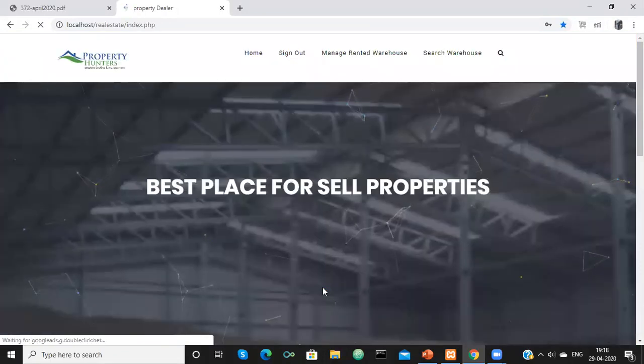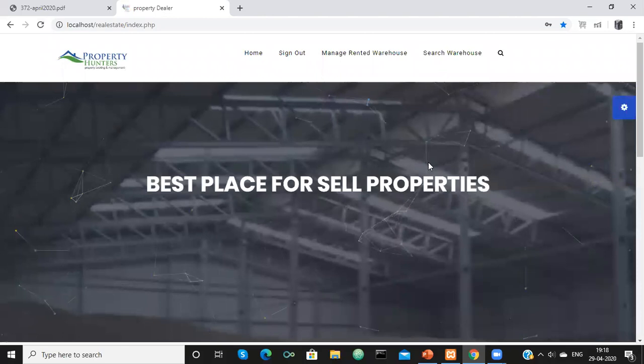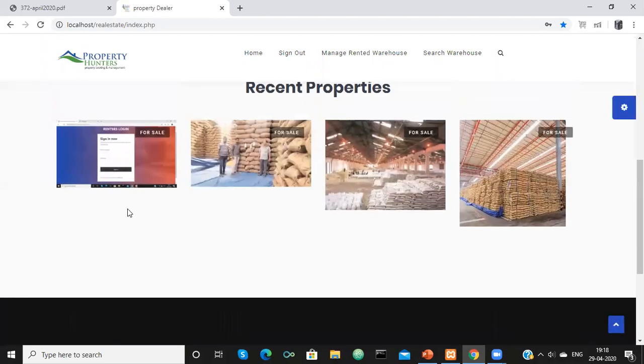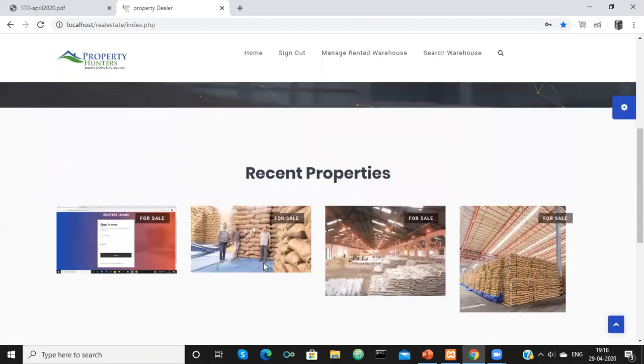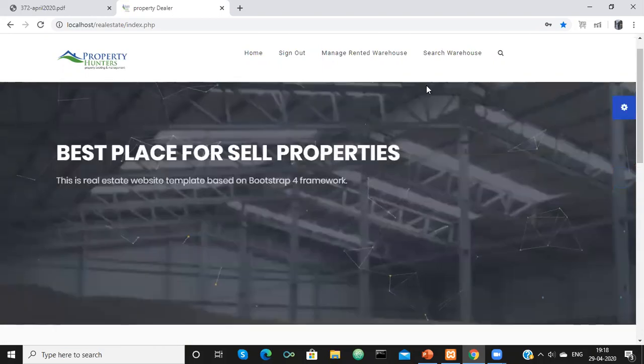Now this is the main dashboard of the rental panel. These are some of the properties that have been recently added for sale. Here we can see that this is the property that we just added, and this is the demo data we used for checking our website.